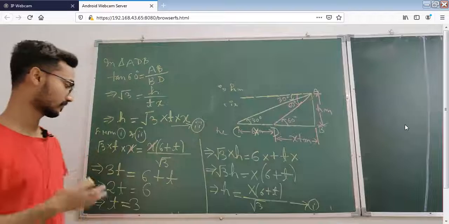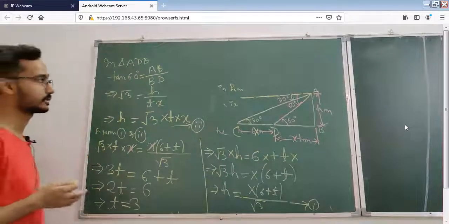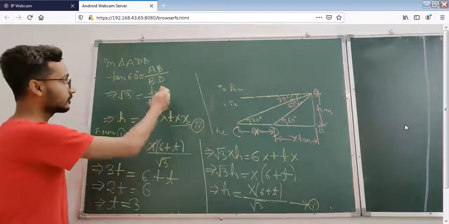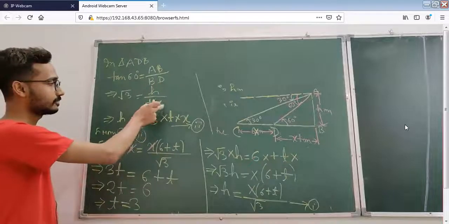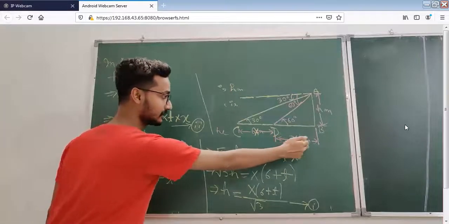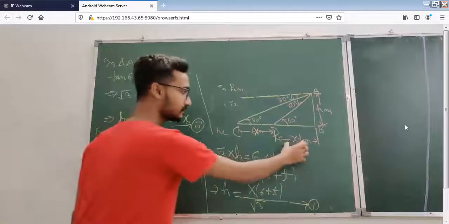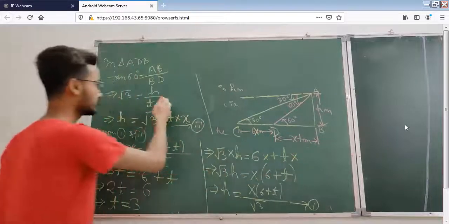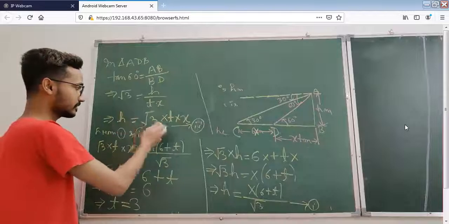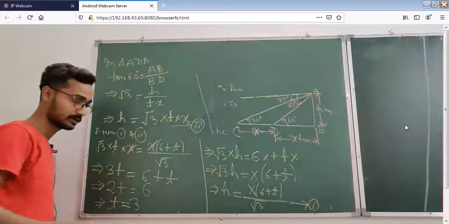All of you pause the video and write down in your copy the thing I put wrongly, the value of BD. See the figure, the value of BD should be xt meter, not 6x meter. 6x is the value of CD and xt is the value of BD. So the value of BD will be tx meter. Now if you cross multiply, it will be root 3 into t into x. Then if you equate it, you can find the value of t. That is 3 seconds.